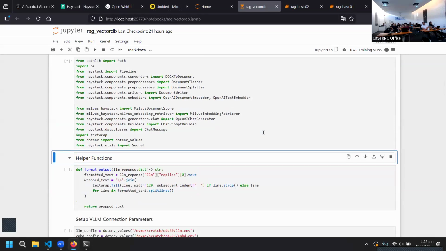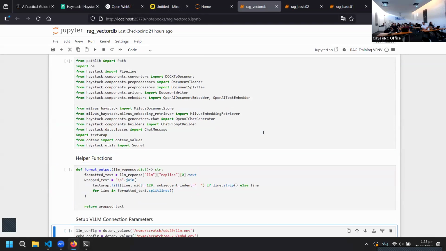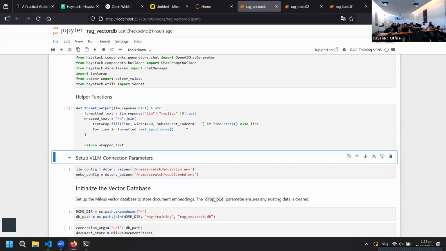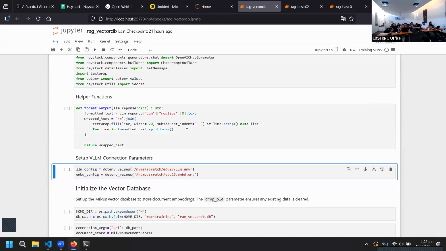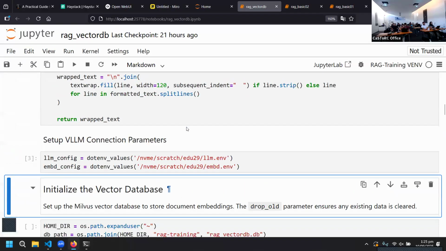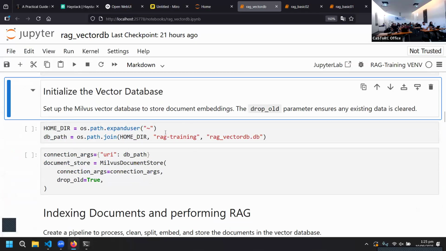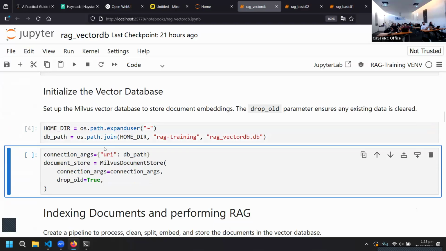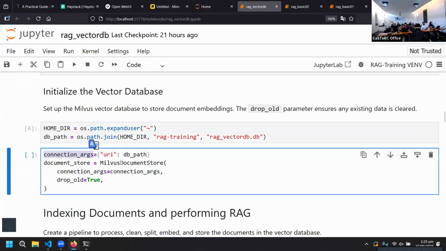Let's import the packages again. Let's run a few helper functions. Let's set up the vLLM connection parameters. And now let me zoom in. Now we initialize the vector database. So what we need here is basically a connection argument, which is basically where it will download the